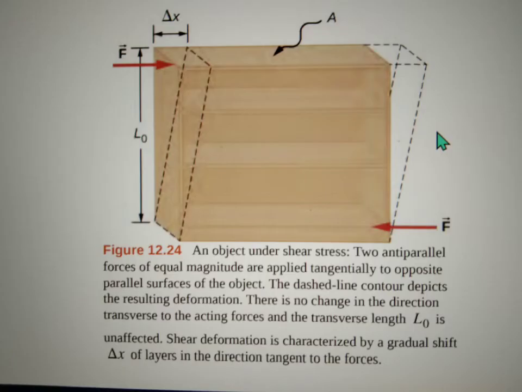According to figure 12.24, an object under shear stress has two antiparallel forces of equal magnitude applied tangentially to opposite parallel surfaces of the object. The dashed line contour depicts the resulting deformation. There is no change in the direction transverse to the acting forces, and the transverse length, or the original length, is unaffected. Shear deformation is characterized by a gradual shift, delta x, of layers